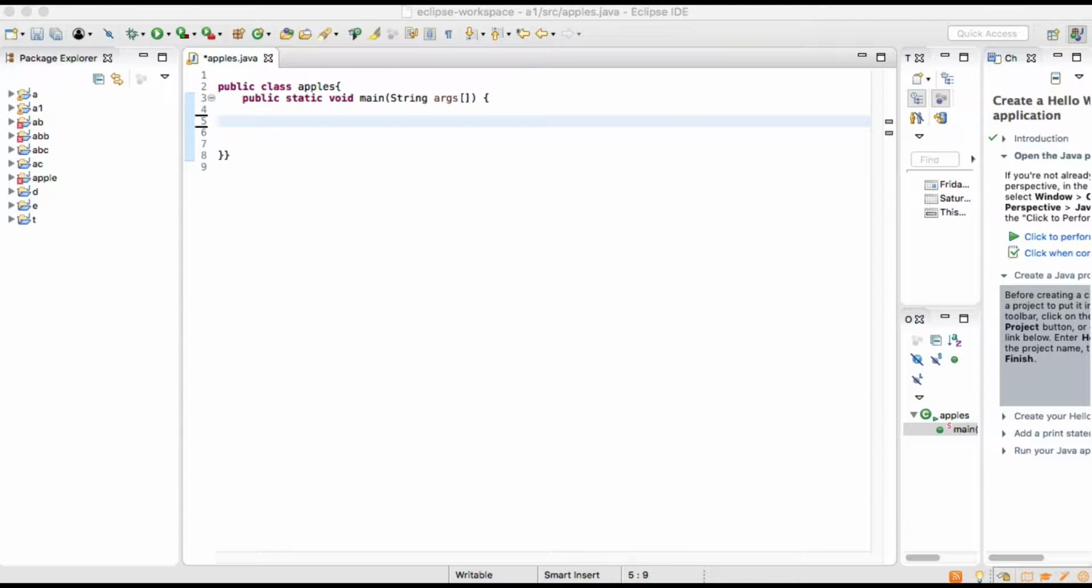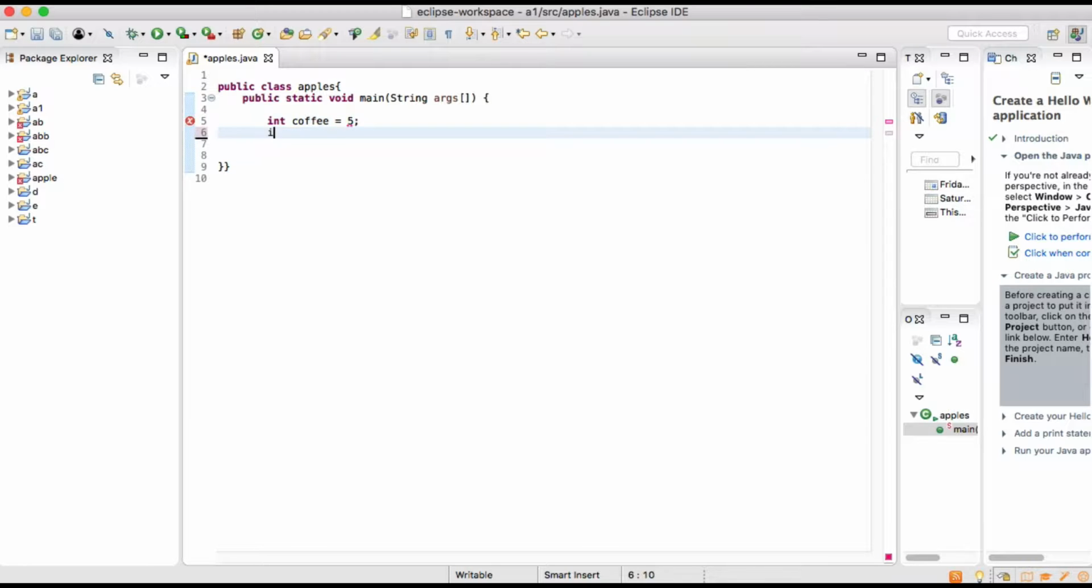In this video we are going to see increment, decrement operators and also assignments. Now to do that, I'm going to introduce some integer type of variables. Let's say integer coffee, that's equal to 5, and integer bass, that's equal to 18,